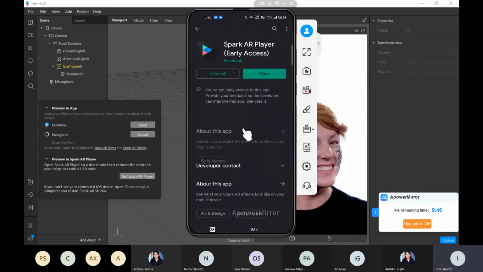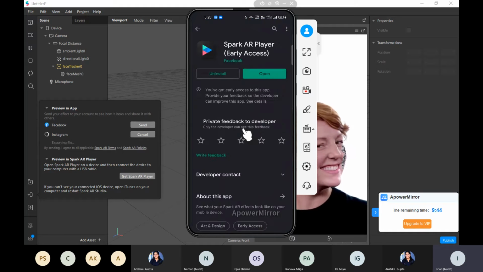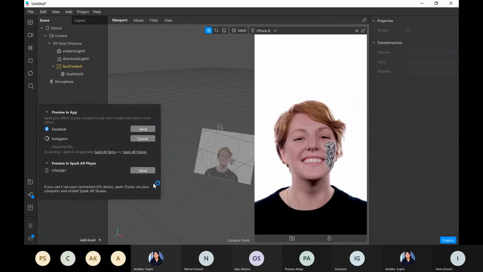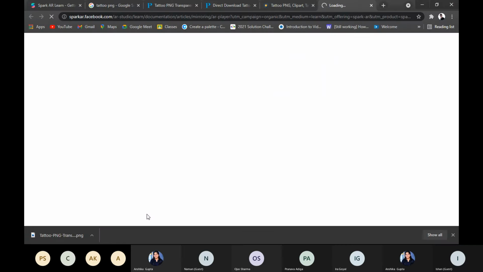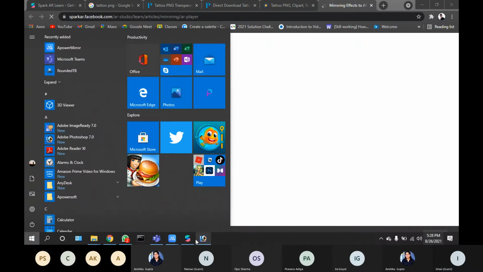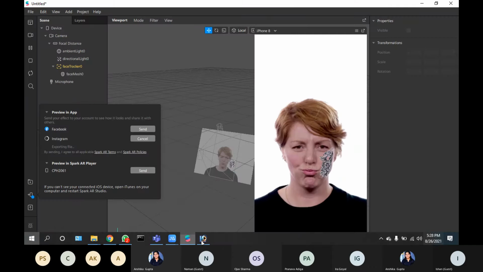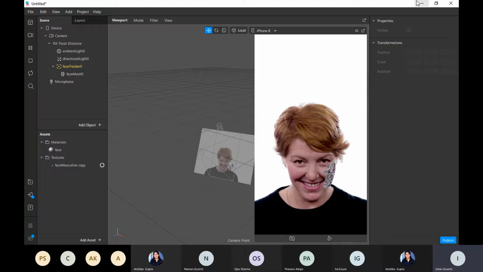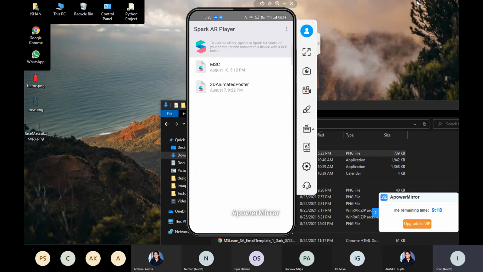The topmost is Spark AR Player. I have already installed it. You can just install it and open it. So when you open it, it will open somewhat like this.